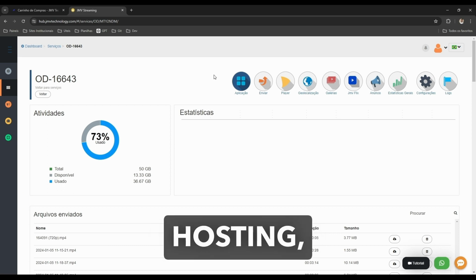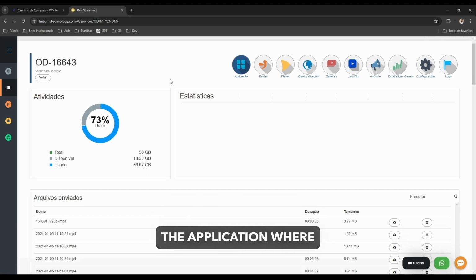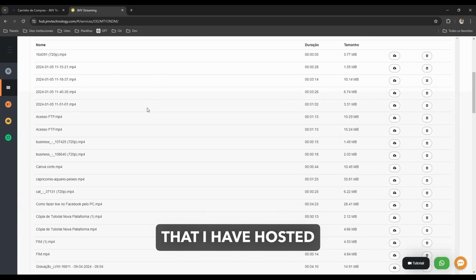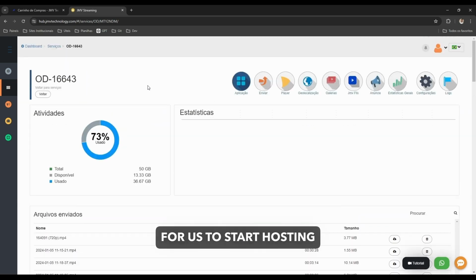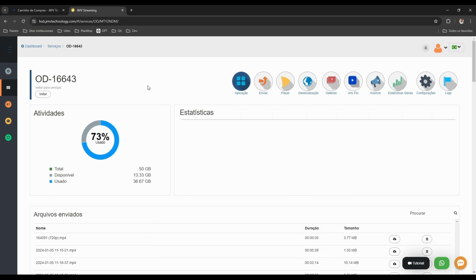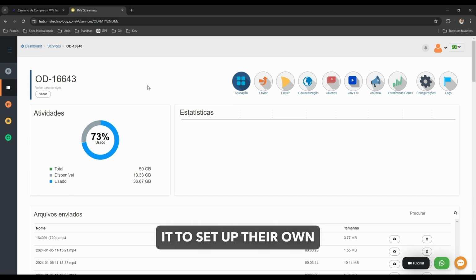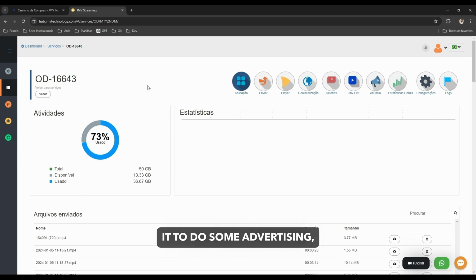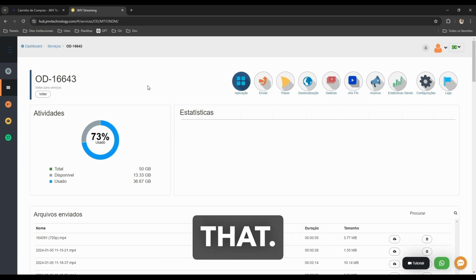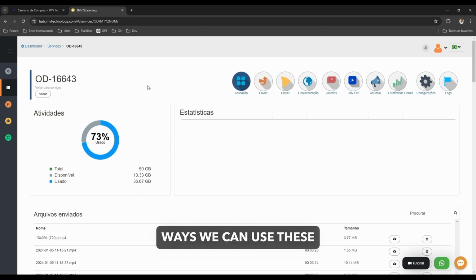Once I'm inside the hosting, I always land on this tab here, the application, where I can see all the videos that I have hosted on my platform. And it's very simple for us to start hosting our videos, to embed them on our websites, and to use them for various resources. It really depends on each person. Some people will use it to set up their own Netflix, so to speak. Others will just use it to do some advertising or something like that. But there are various ways we can use these hosted videos,